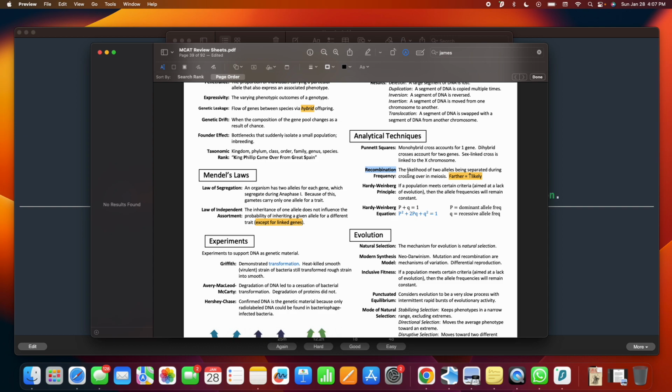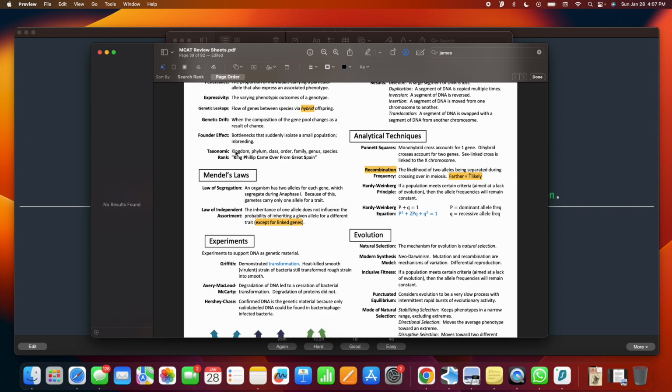Then we have the Hardy-Weinberg principle, which is if a population meets certain criteria aimed at a lack of evolution, then the allele frequencies will remain constant. So basically, there's going to be no more recombination frequency,